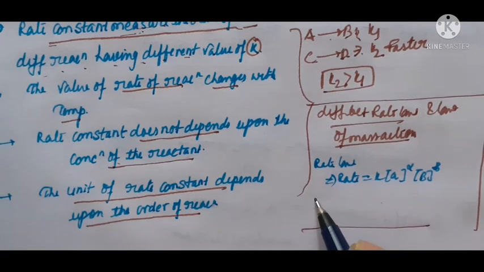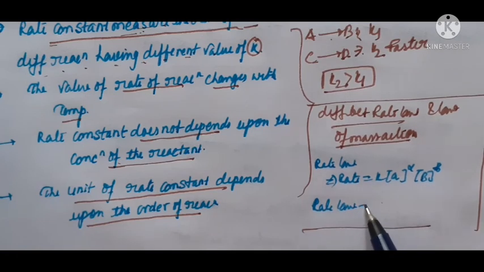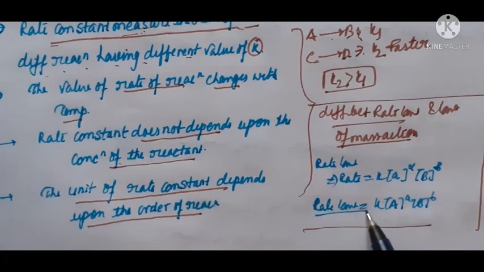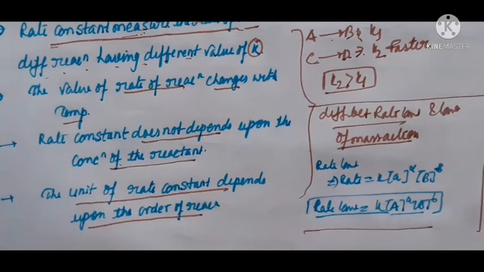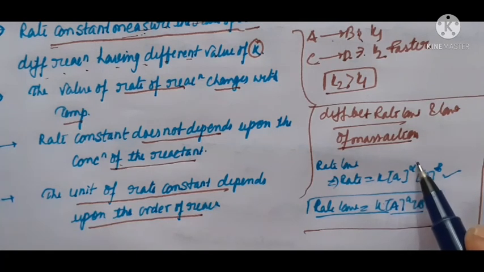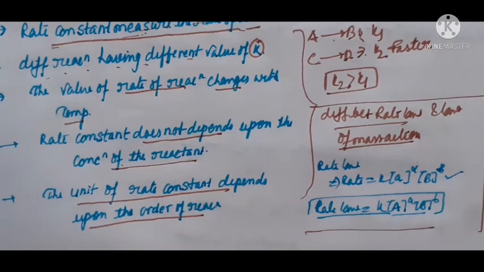But in terms of the law of mass action, the rate law will be K [A]^a [B]^b. So it is a hypothetical condition and it is not always true. But if you want to find out the order of reaction, you can easily find it by using the rate law. The data will be given for different reactants and molecules, and on solving those data we can find alpha and beta, and by combining these two we can measure the order of reaction.